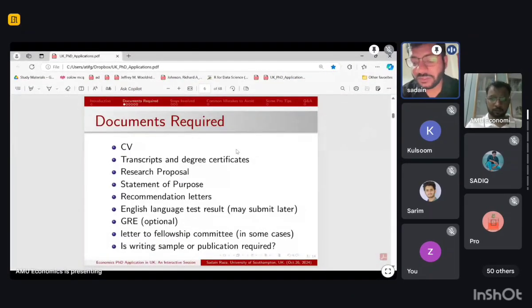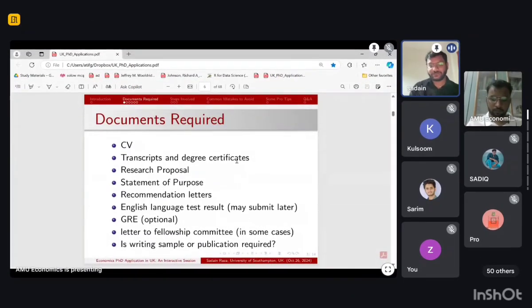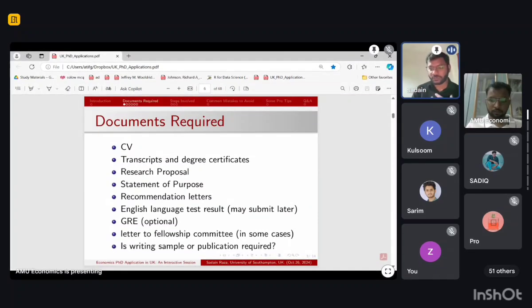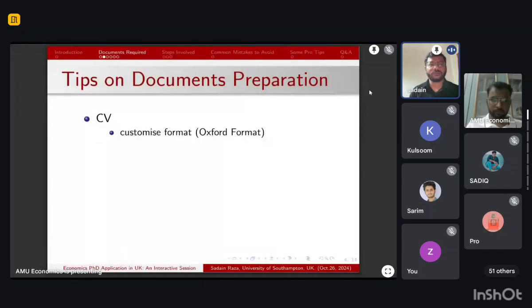So coming to the CV, the first thing I want to mention is format. Many times what we do is copy a standard CV format from our professor's CV, and it is a very bad idea to do that. Why so? Because a professor who is already tenured